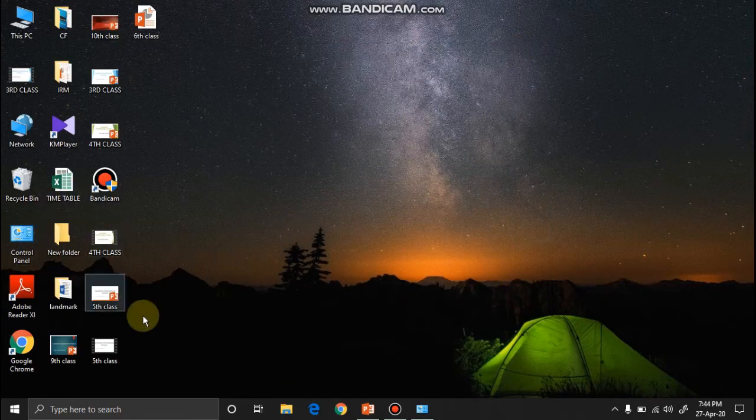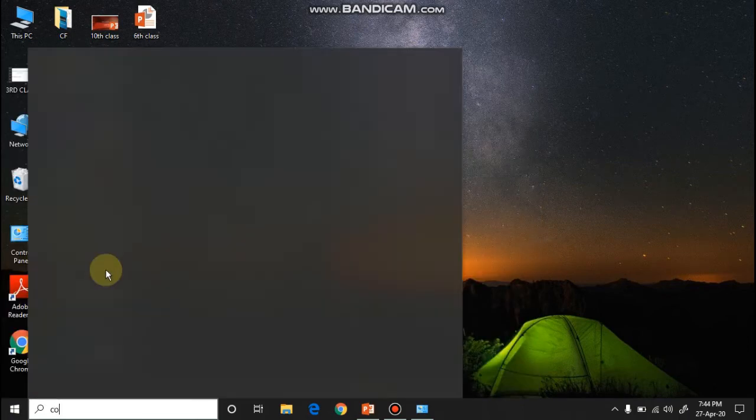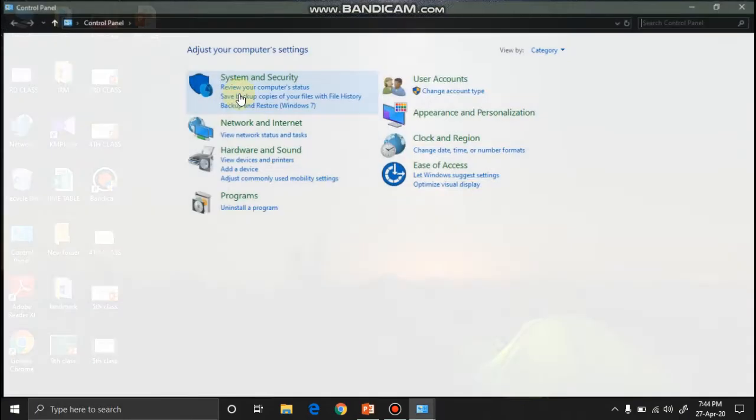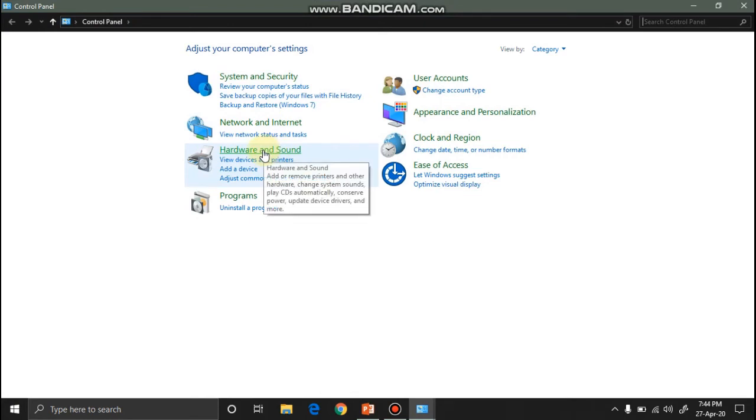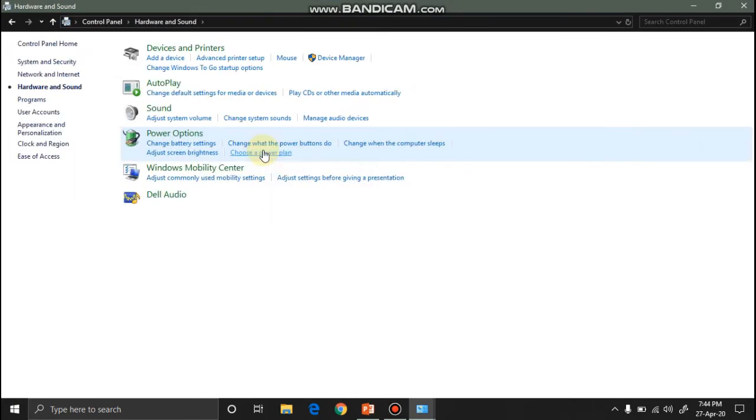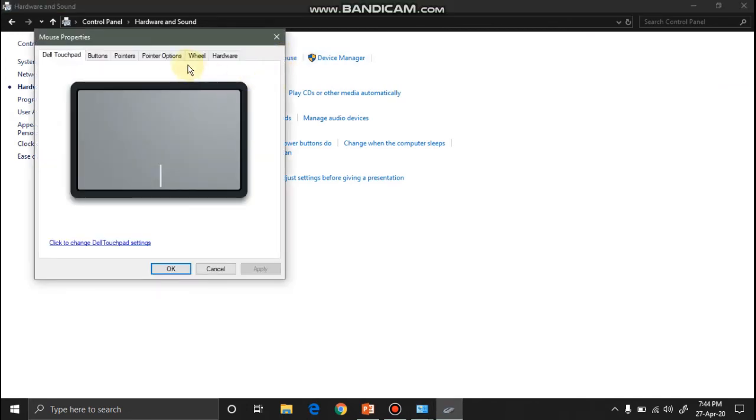Okay, to change or see some hardware or sound settings, again what we will do is open Control Panel. After opening Control Panel, there you will see the option of Hardware and Sound. Click on that. After clicking on that, you can see different types of settings for different types of hardware, like for the printer, for adding a new device, for changing mouse settings.